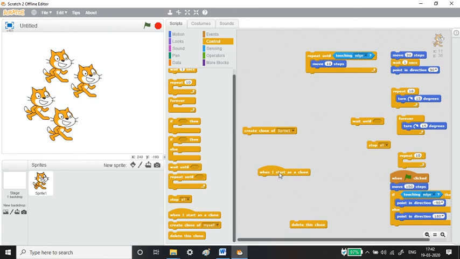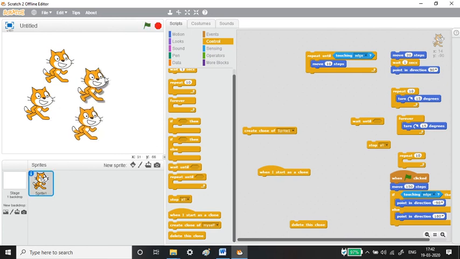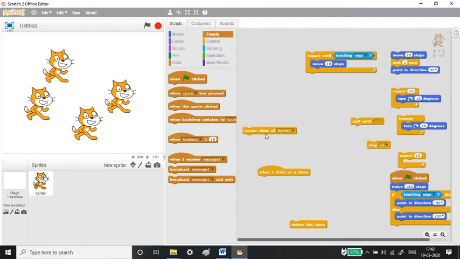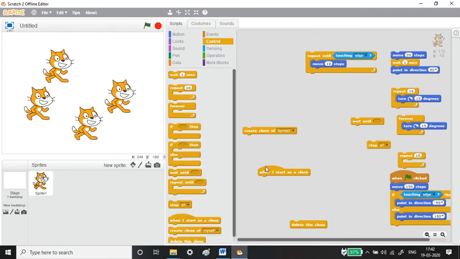So when I start as a clone is similar to this hat block. So create clone and when I start as a clone are for cloning, or creating a Xerox copy of the original. And delete this clone: the clones which you have created can be deleted one by one.